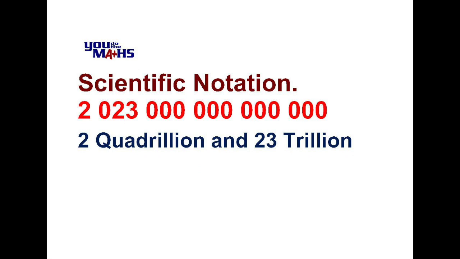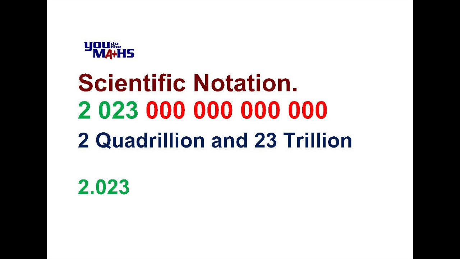Let's consider the number 2 quadrillion and 23 trillion. The first step is to use exactly the same digits, but to express the number as 1 from 1 up to but not including 10. So in this case, we take exactly the same digits and we make the number